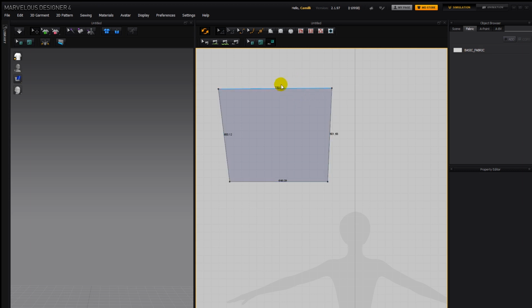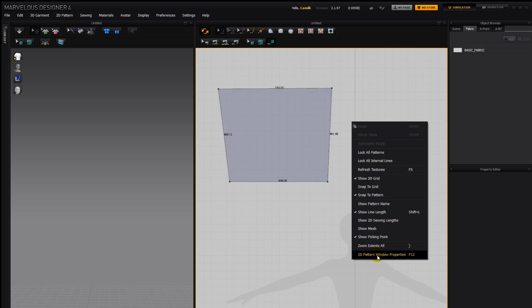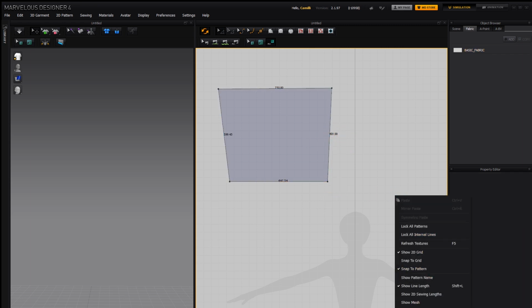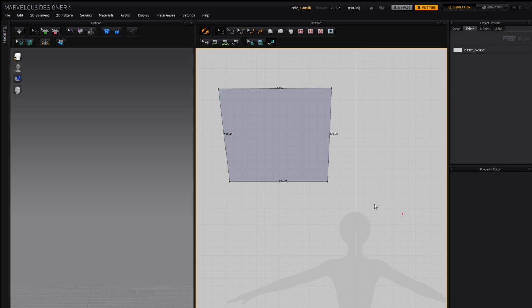And if you wanted to get rid of that 0.55, then just go 2D Pattern Window Properties, arrow key movements, type in there 0.55, select this line or the other line, and do one movement with your arrow key, and then you've got a perfect number. And then to get rid of that extra bit there, you could do the same thing. 0.68. Then nudge that up, and you've got a perfect 601, and then you could go in and change that to be 1 again, and then move it up another one to get rid of that 1, and then you've got